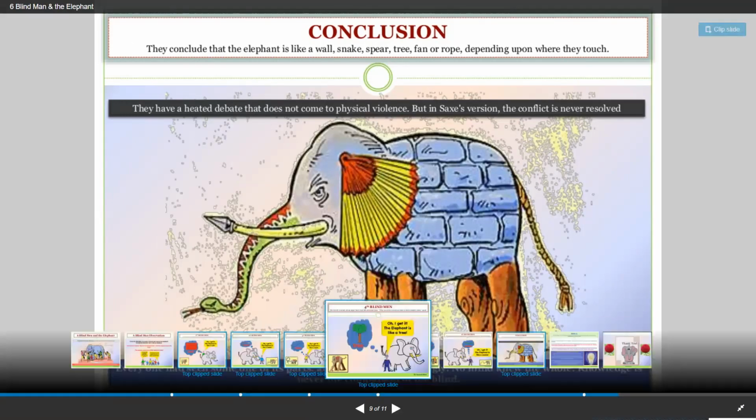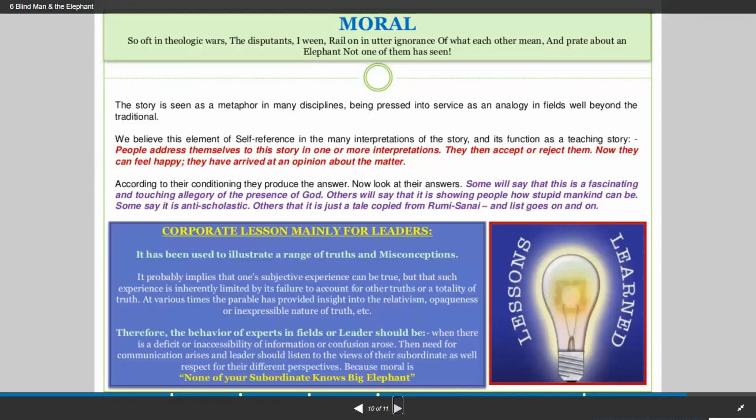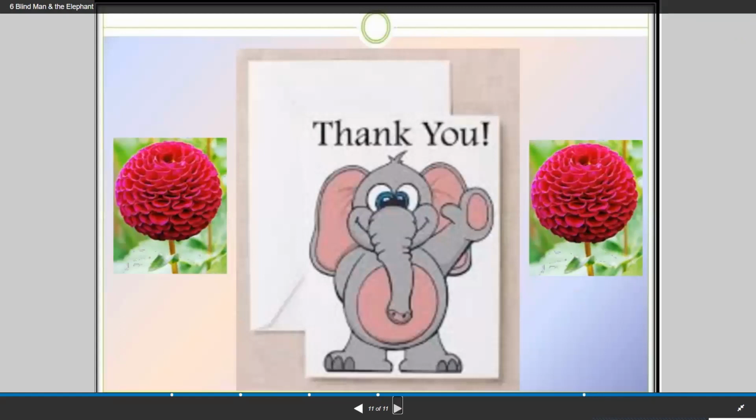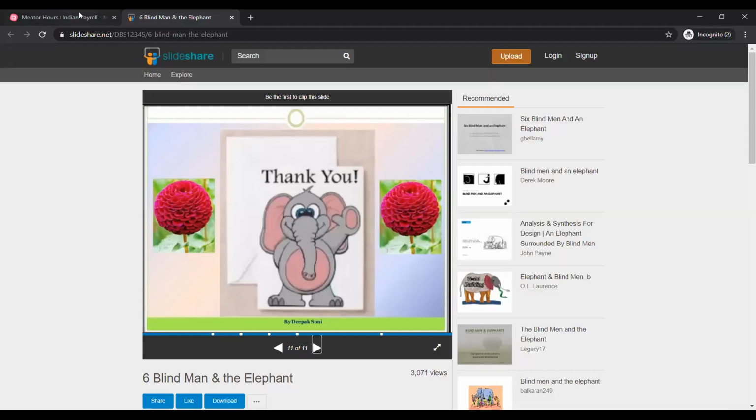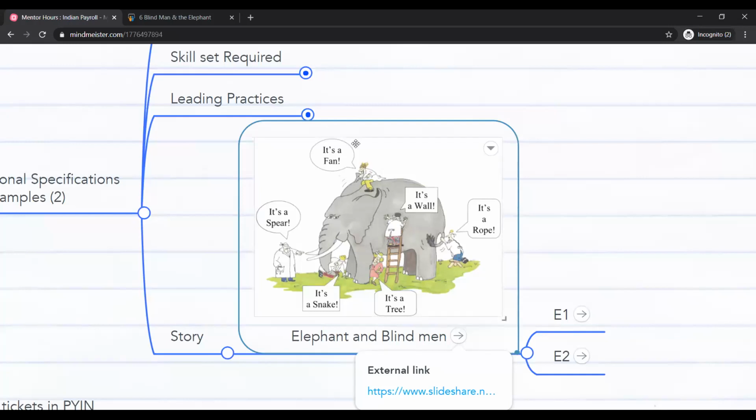Actually, why is it applicable for us? I will tell you the context here. Suppose you are getting a requirement in a typical client scenario. You are getting a requirement from the client, but as a functional consultant, you are not understanding the requirement.